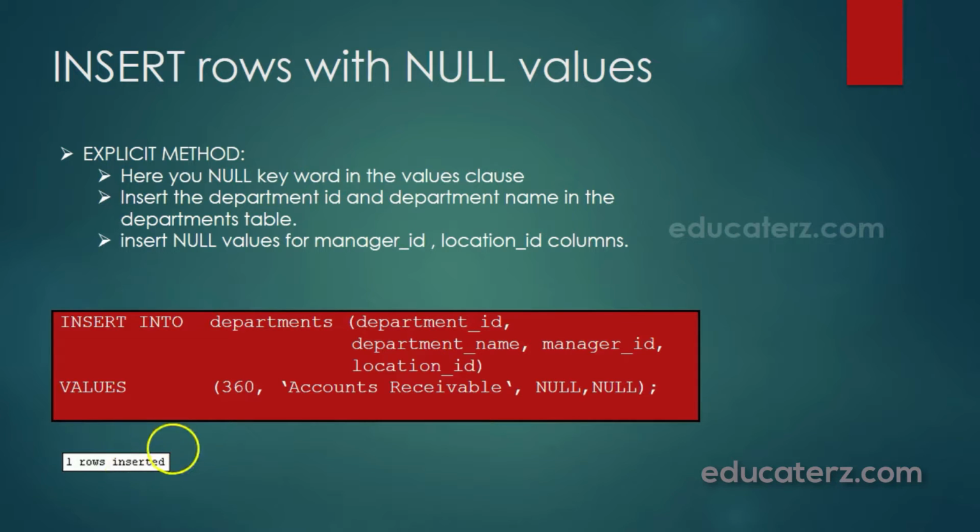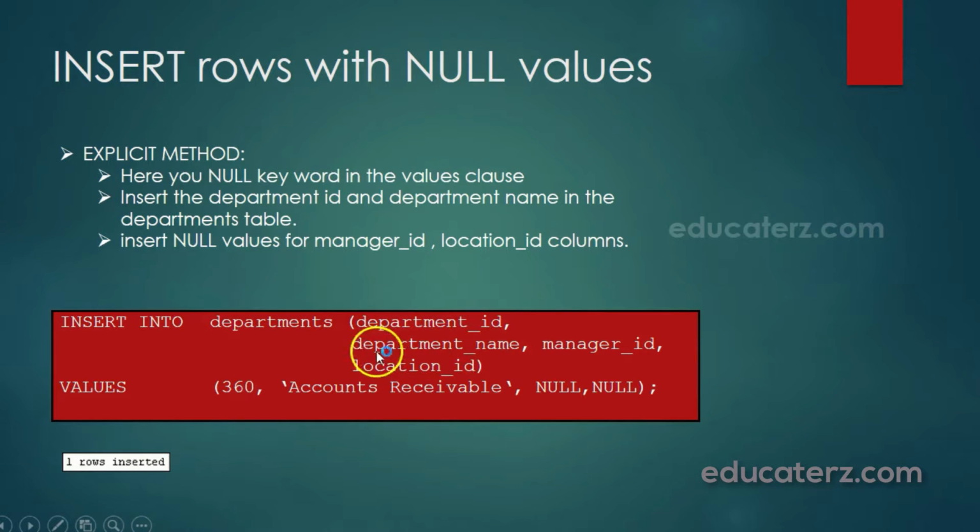How can we do this? Let us see this example. I have written the insert statement. Insert into departments table. There I am inserting a record in the departments table, and I also list out the column names. Look at this: department ID, department name, manager ID, location ID. In the earlier example, I did not use manager ID and location ID. I just mentioned department ID and department name.